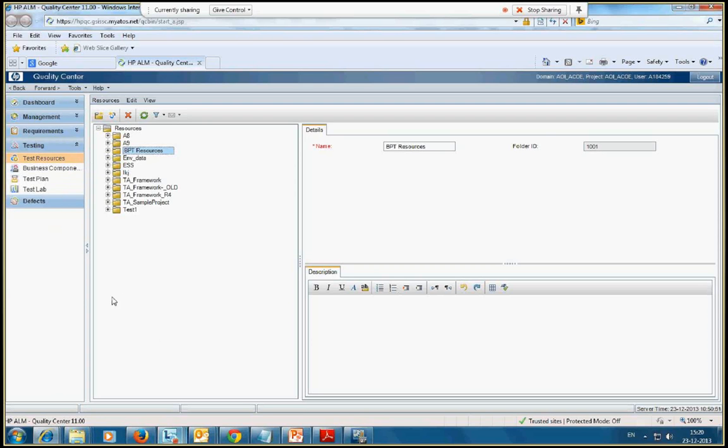Here you can select test resources, which will be available in the testing tab. In the testing tab, you have a test resources sub tab. If you select that, you have the option to create a new resource. If you click on that new resource,